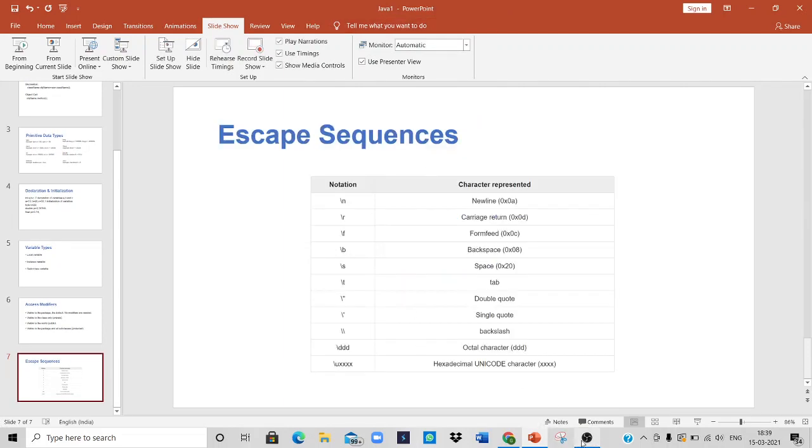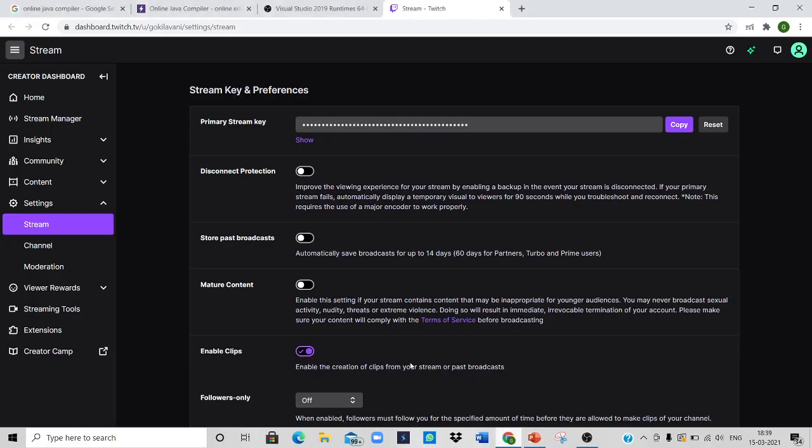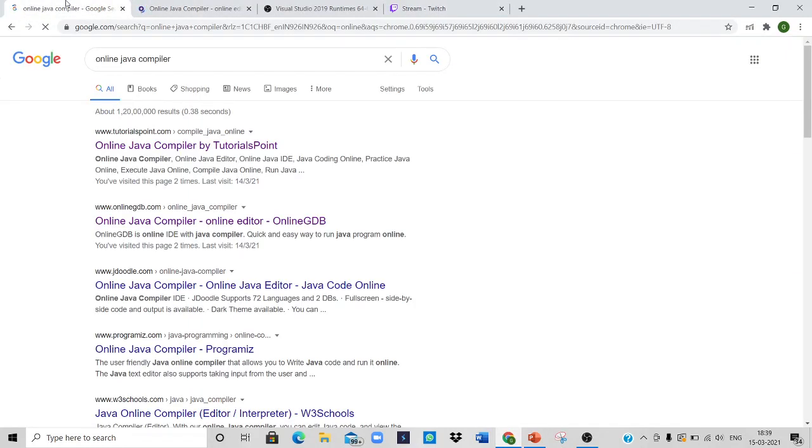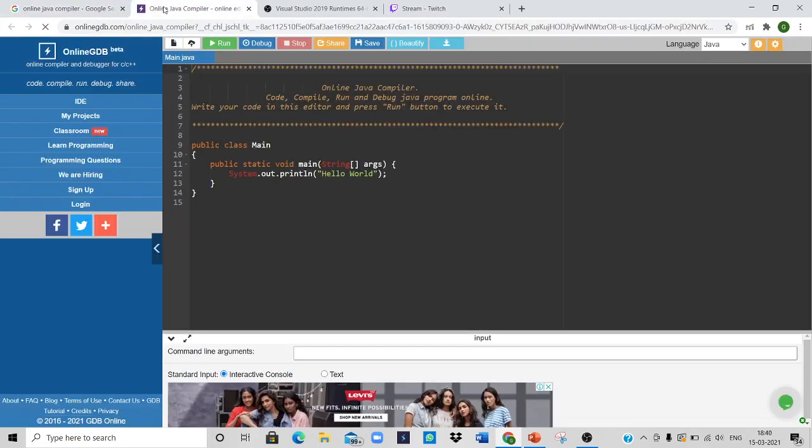As I said in the previous class, we're going to use an online C compiler and Java compiler to do our project and very simple Java codes. Here, if you just type or search for online Java compiler, you'll get plenty of compilers in Java. I'm using the second link, online Java compiler by OnlineGDB. Let's get into that. If you click that link, you will get a page like this.